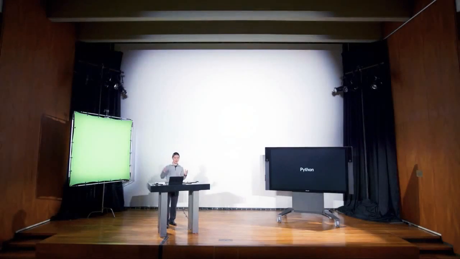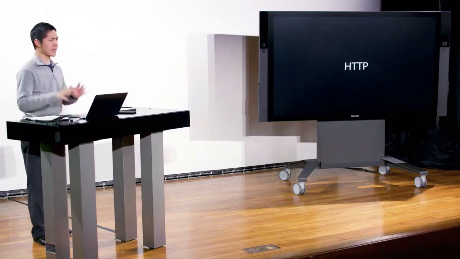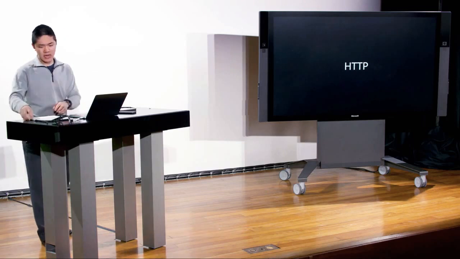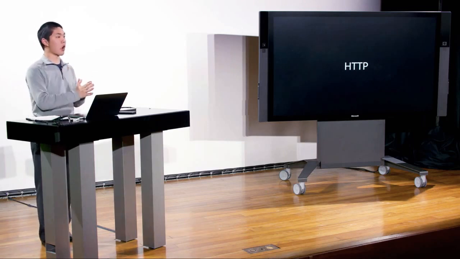All right, welcome back. So we just got a whirlwind tour of the Python programming language, and now what we're going to do is use Python to begin to build some dynamic web applications. And so before we get there, I just want to take a brief moment to talk about HTTP, Hypertext Transfer Protocol, which is the system that the website and the internet uses in